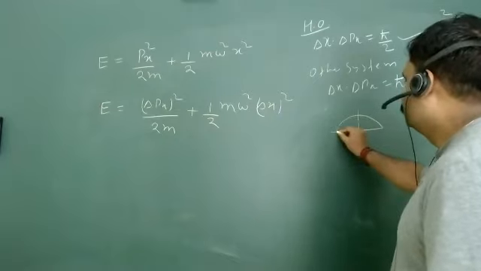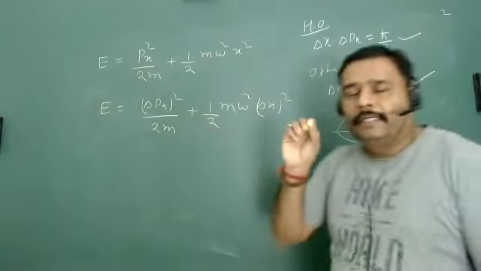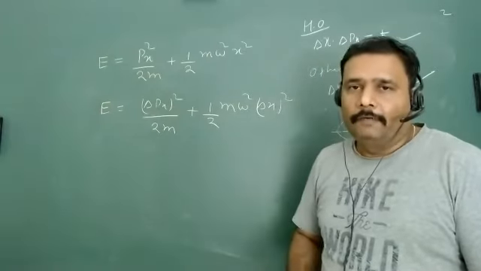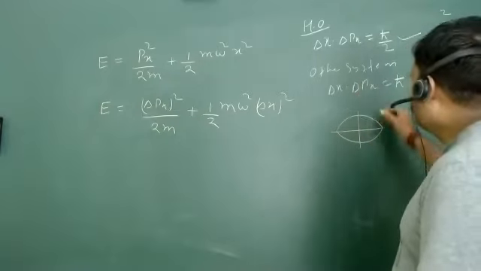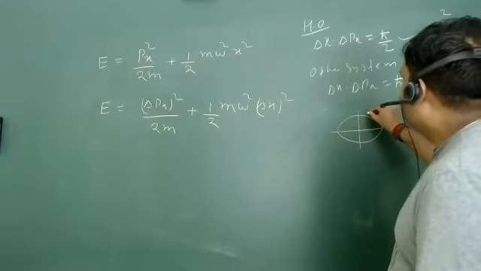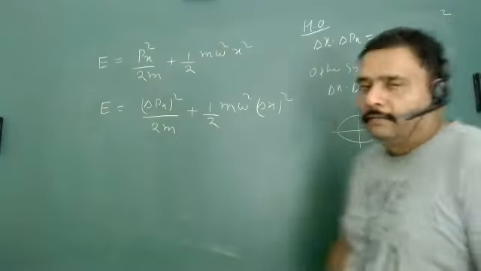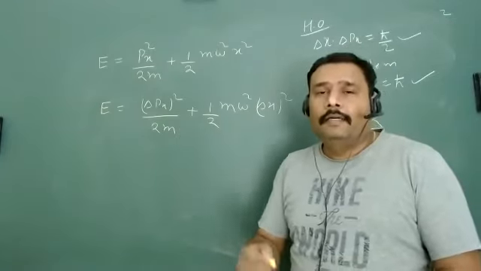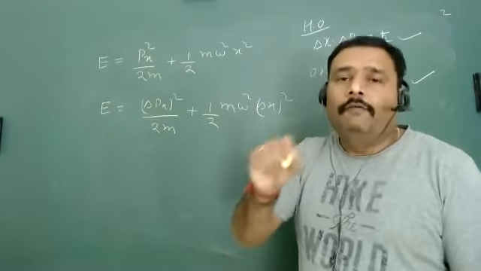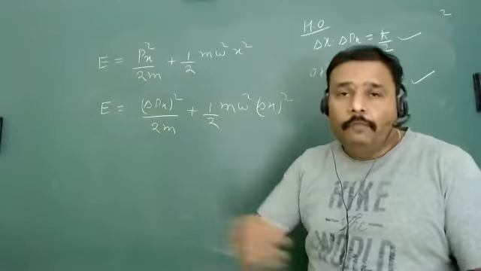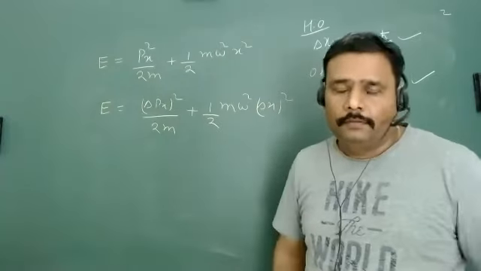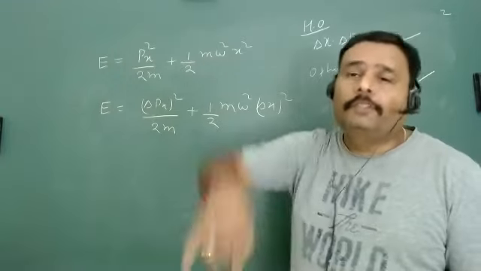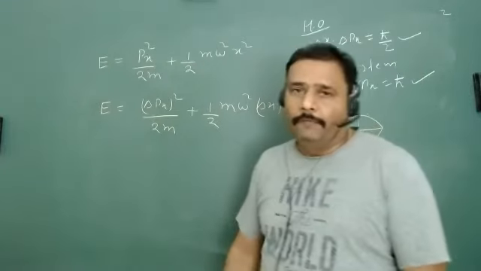You have given a particular value of energy, and you are just finding what is the px and what is the x at this particular point. There may not be one particular value of px and x. There may be 2 values, 3 values, n number of values. And then we are finding which one is the most suitable value such that we get the minimum value of energy.